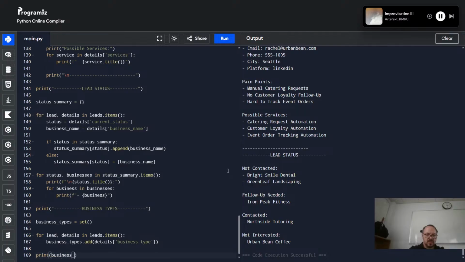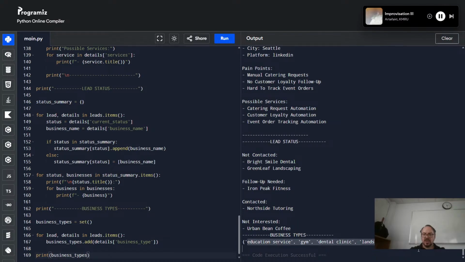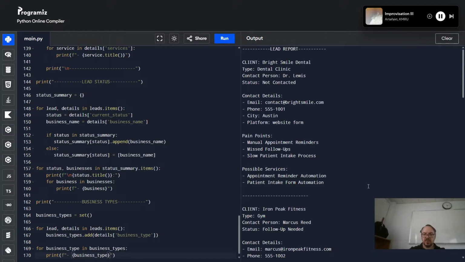And then I can print business types, which is here. Right, now let's make it actually look decent. So business types, which is now that set, right? Print, we have the business type. So,